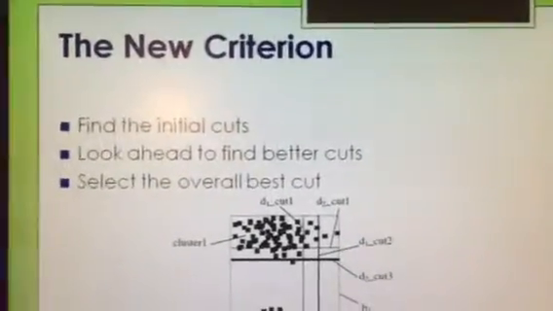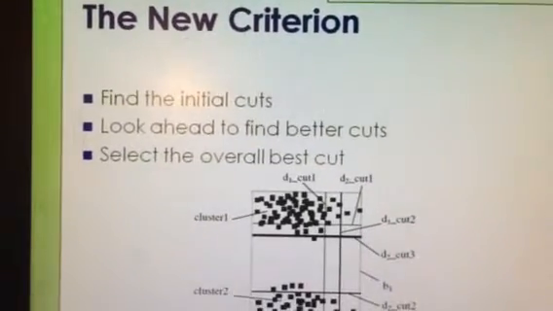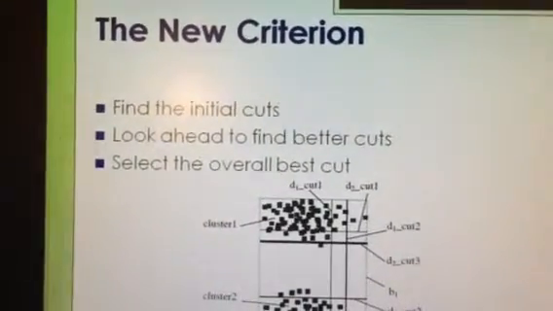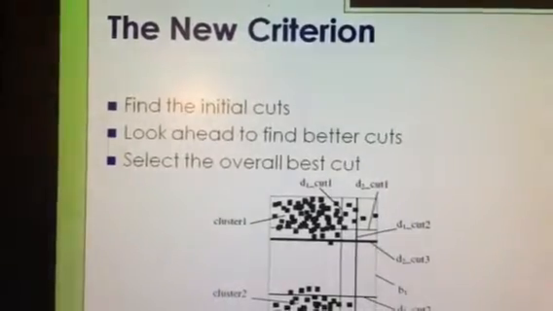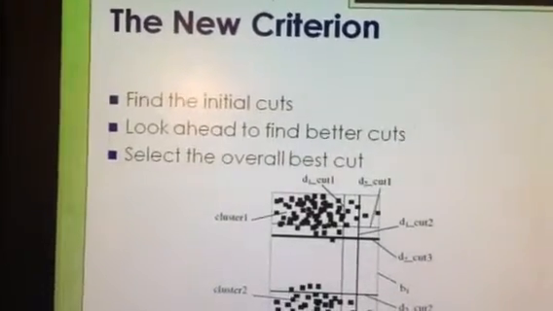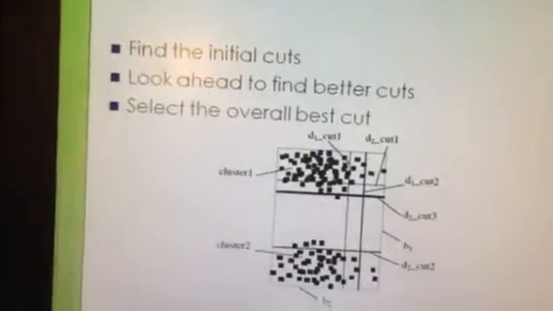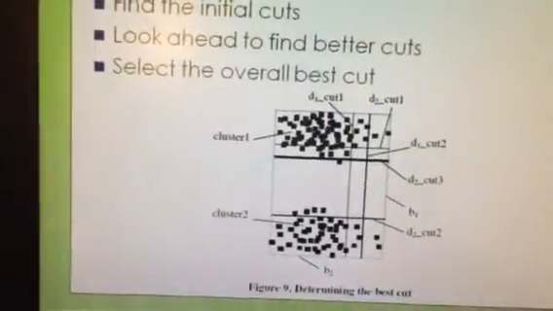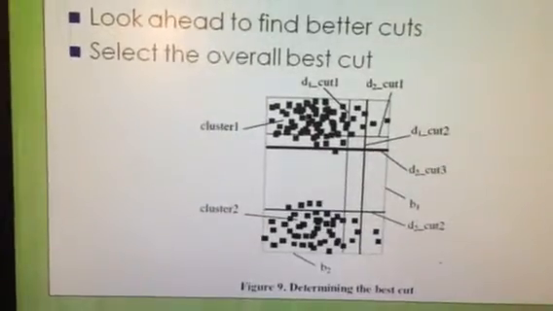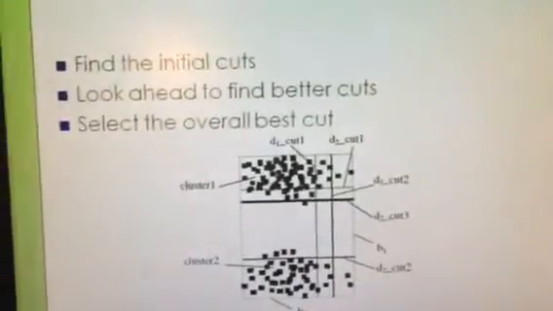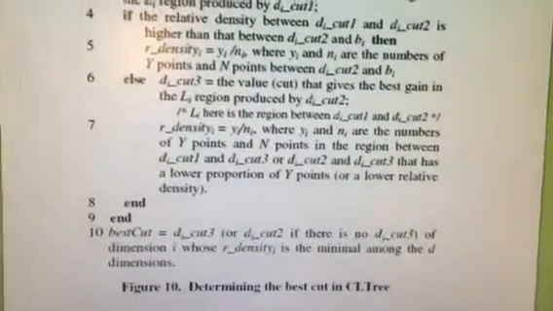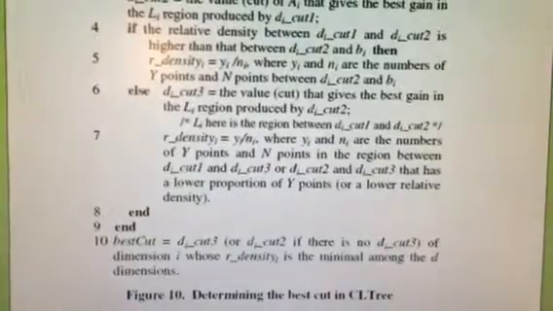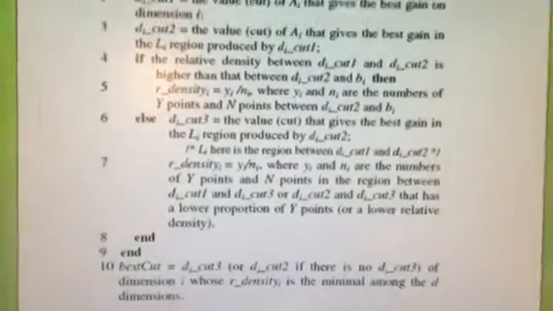In this next slide, we saw all the various points that were cut, the initial cut and the cut that is ahead, to find a better cut. Then we select the overall best cut, and this is the figure determining the best cut. This is the program for the algorithm. This program is the one determining the best cut of the CL tree,